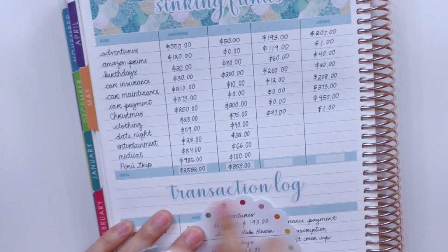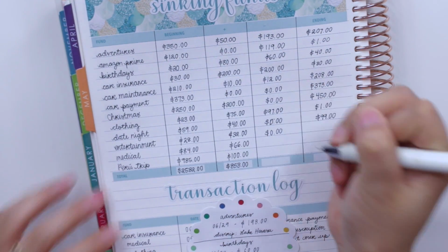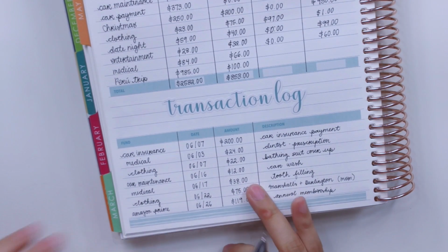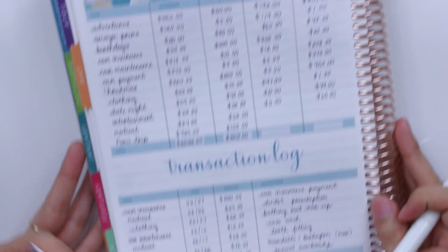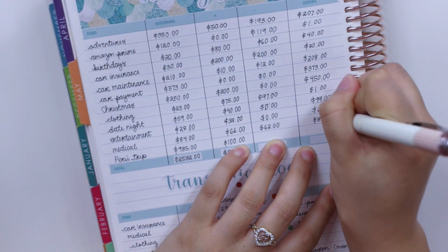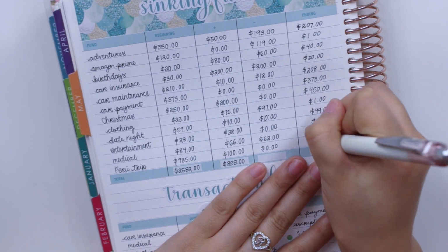Okay, next, date night, nothing went out. Entertainment, again, nothing, and I am ending with 60. Medical, I had two transactions, so 24 and 38. That is 62 spent. So I am ending with $88. And then nothing came out of my Peru trip. And so I am ending with